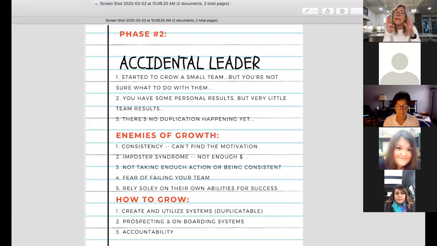Number 3, from an enemy of growth, is we have a fear of failing our team. Anybody have that fear? Anybody ever have that thought, oh my gosh, I'm not doing what I need to do to really help my team? Yeah. And so that can really slow us down or be an enemy that literally robs us of our momentum, because we're like, I can't bring on team because I may not really support them, or maybe I don't really know what I'm doing, or I'm not being consistent yet. And so that fear of failing our team sometimes can rob us of really,